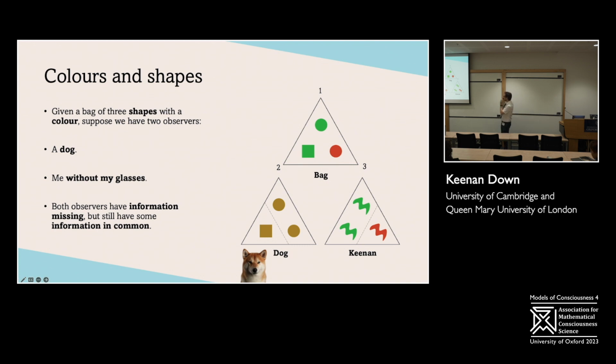And this is an interesting situation where if I give the dog, for instance, shapes 1 and 2, these two green things, it can tell them apart, but I can't. Same thing with 1, 3. I can tell those apart, but the dog can't. But this relationship that 2 and 3 are not the same, the dog and I both have access to that. We both have this shared awareness of this relationship between these two objects, albeit for different reasons, but it's an awareness of a relationship. So both of us as observers have information missing, but we have something in common as well. So that's an intro to how we're starting to think about structuring this.